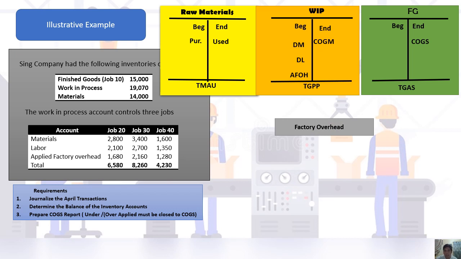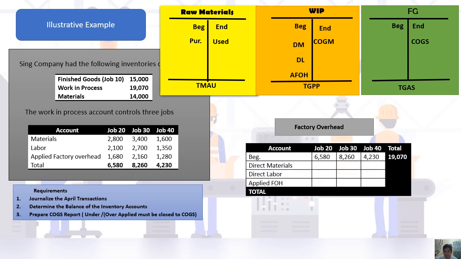At the same time, dahil job order to, kailangan din natin mag-maintain ng separate summary for the work in process inventory. Kasi nga, yung work in process inventory under job order ay divided into jobs. So hindi na tayo gagawa ng job cost sheet kasi matrabaho yon. So ang goal lang naman natin is to prepare the cost of goods sold. So in replacement of the job cost sheet, ang gagawin na lang po natin is yung summary